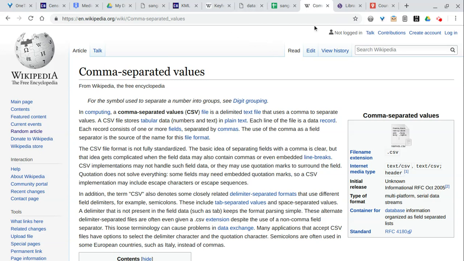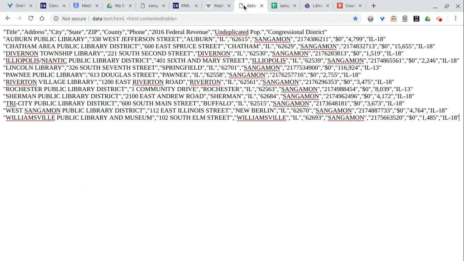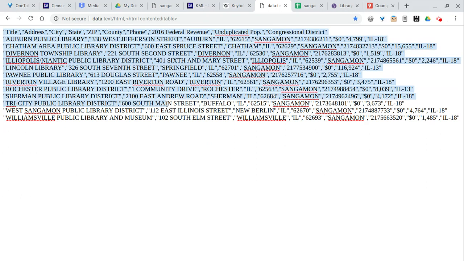So here's a definition on Wikipedia. Feel free to take a look at that later. And here's an example of what comma separated data actually looks like raw. If I download the CSV of that table, this is what I get. Again, this is just plain raw text, and each bit of data is separated by a comma here. So this is the simplest data interchange format used by pretty much any software application or website service that we